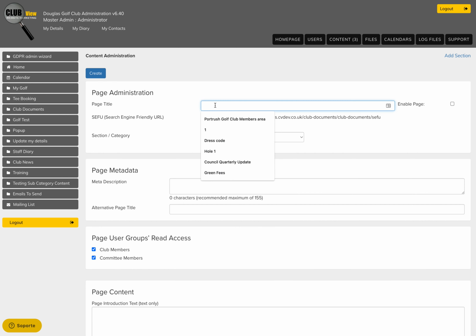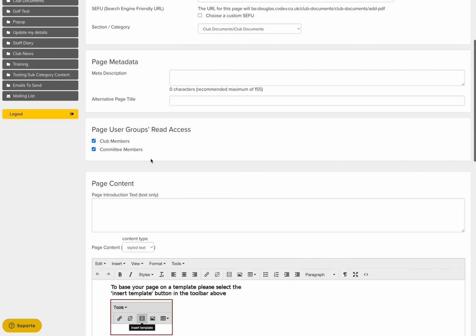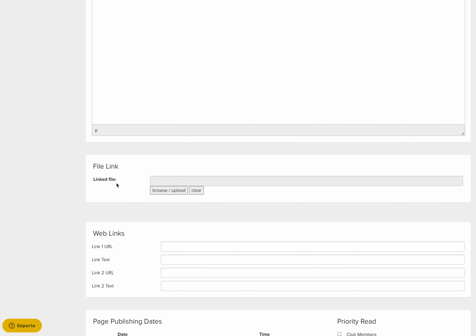and we'll just call it add a PDF. Click on the enable page checkbox just to make sure it shows on the website. And all we need to do is just scroll down to the bottom here, and we have file link. We'll just click on browse upload,